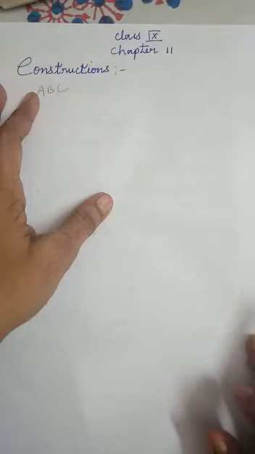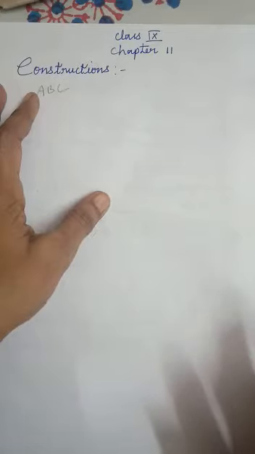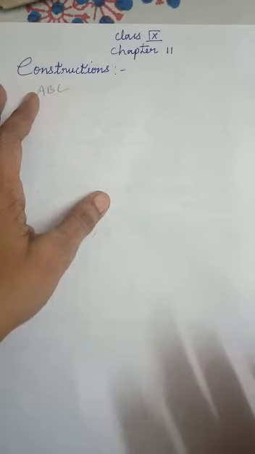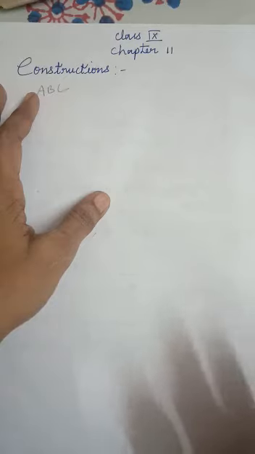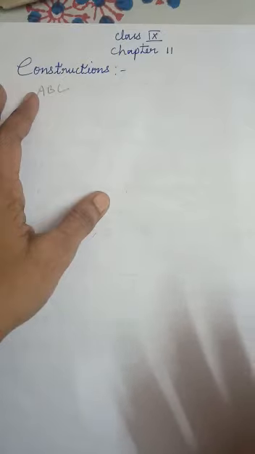Okay. Normally, a scale, pair of set squares, pair of dividers, and compass are needed in drawing a geometrical figure, triangle, circle, quadrilateral, etc. But here, students, listen, here you are using scale and compass. Using scale and compass, you have to construct some angles. Okay, students, in this chapter some basic constructions will be considered.